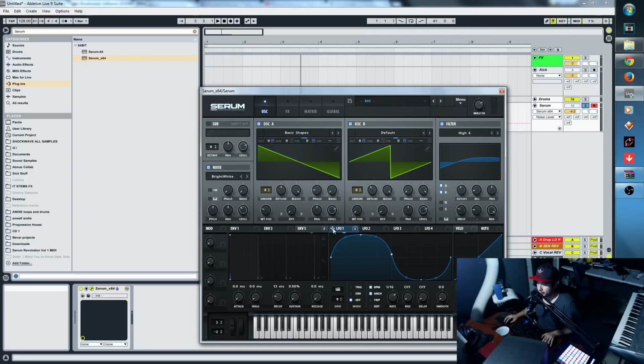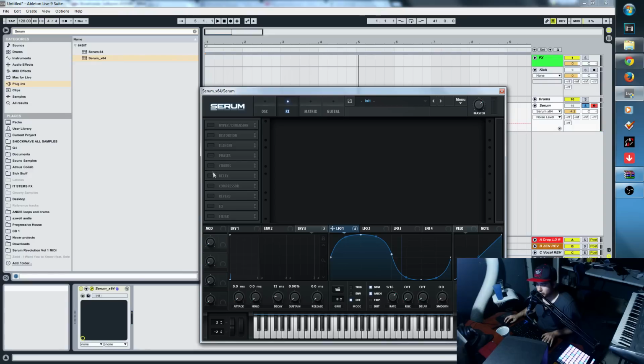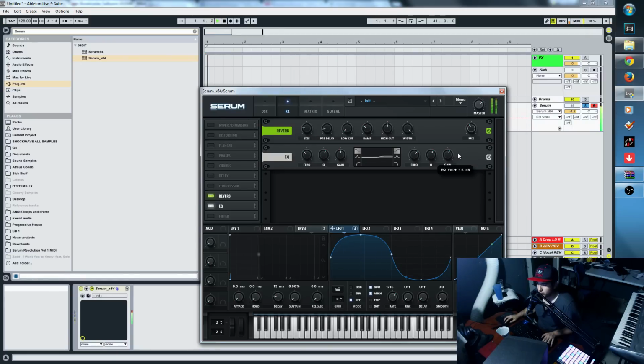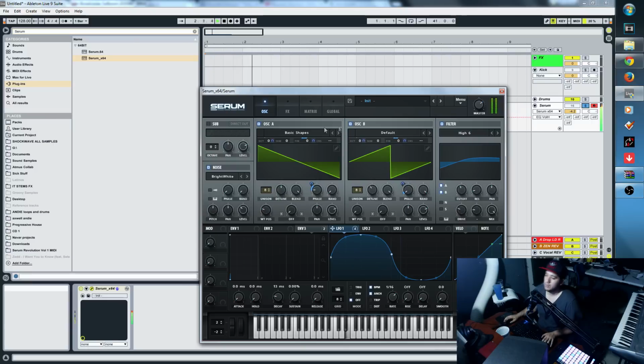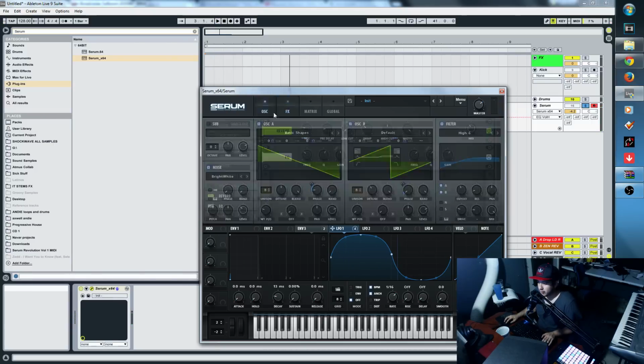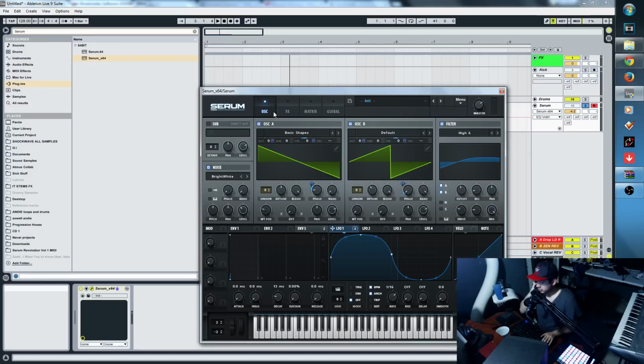Okay, and now we can put the LFO as well on our face, just a tiny bit. Next thing we do is the reverb. Cute. Alright, so now with that in mind, the sound is pretty much complete, but I'm gonna give you guys a